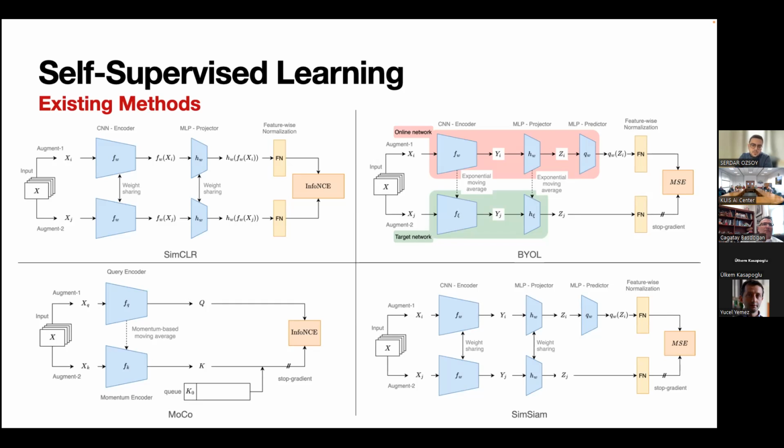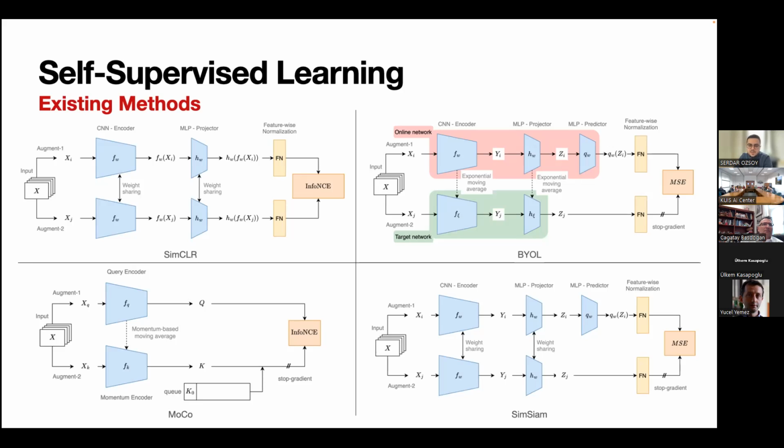MoCo uses a queue as a dynamic dictionary of these negative representations to eliminate using larger batch sizes. And on the right-hand side, there are BYOL and SimSiam.